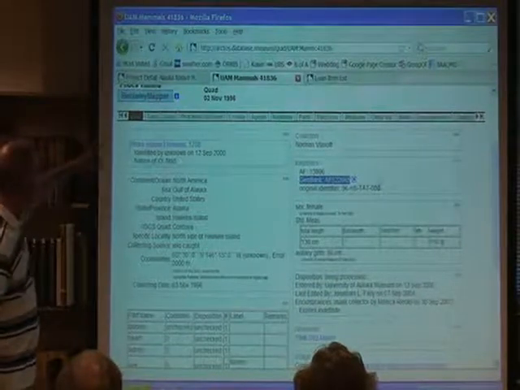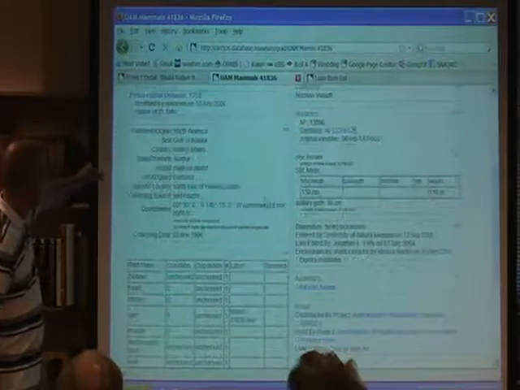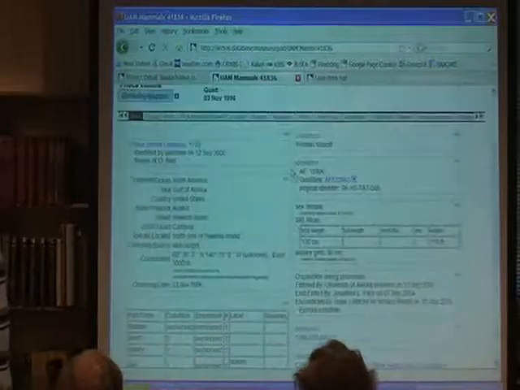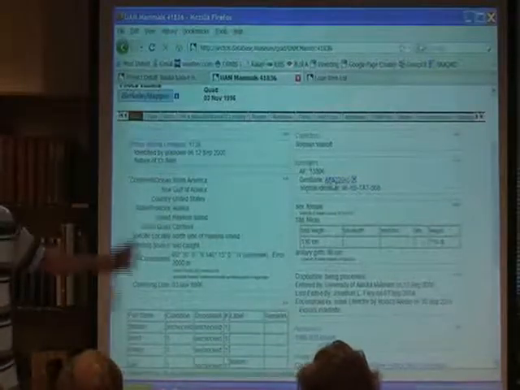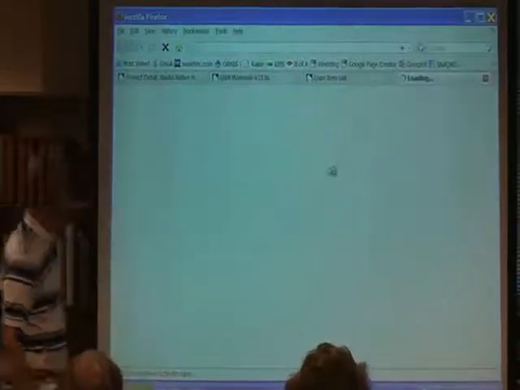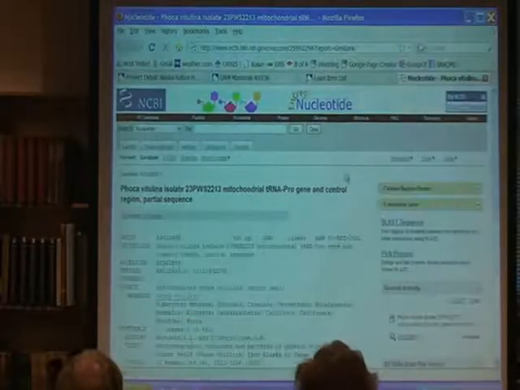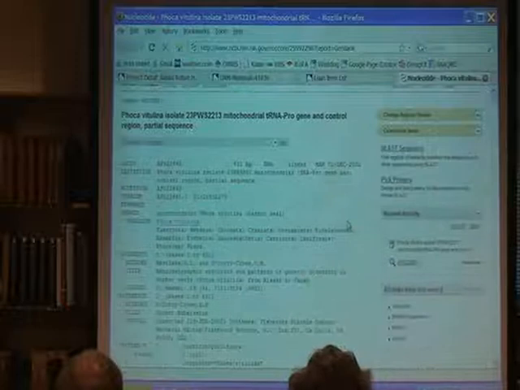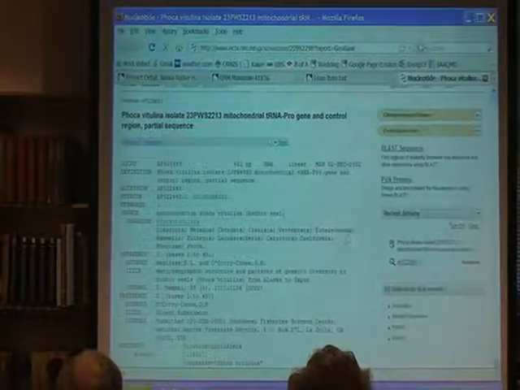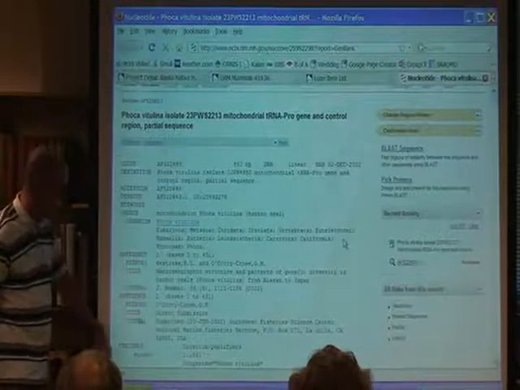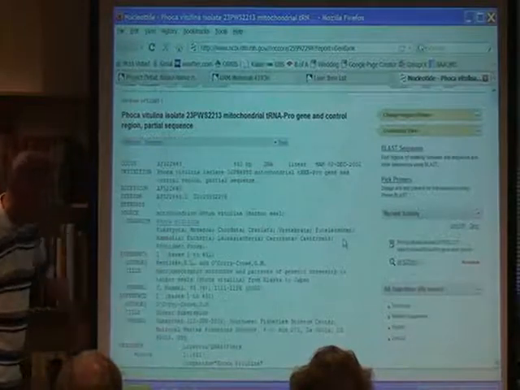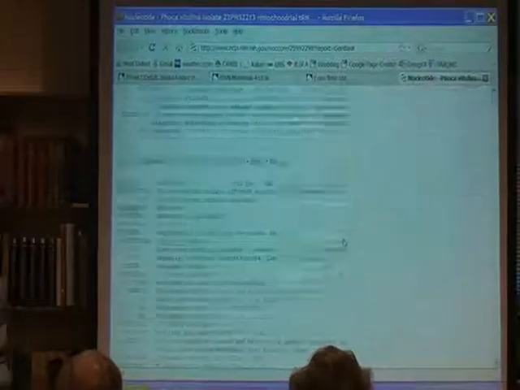The publications in here? No. Click on the GenBank number. Carla wants to go to the GenBank number now. I don't know, we'll do it in the order she wants. So we have the GenBank number. If you click in there, it takes you to the sequence record in GenBank. You can scroll down and see all the ACTs and